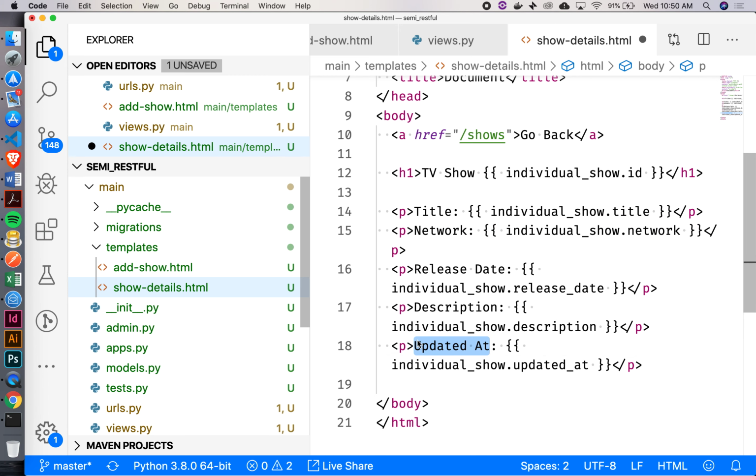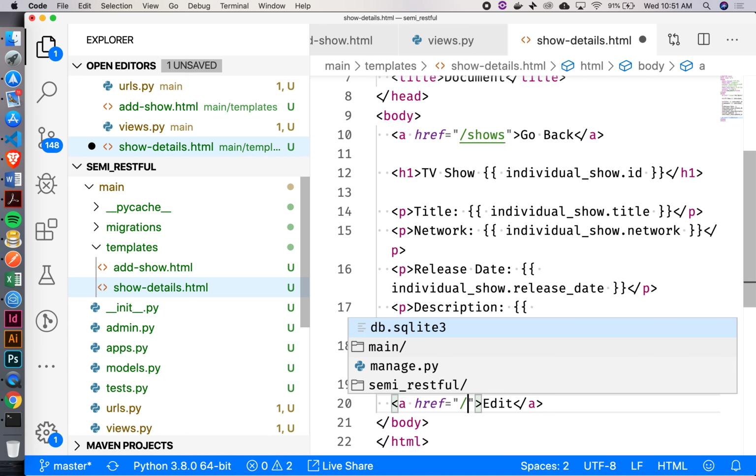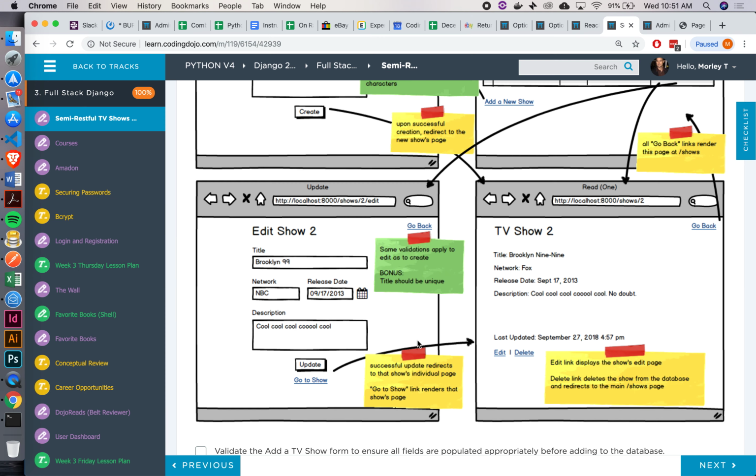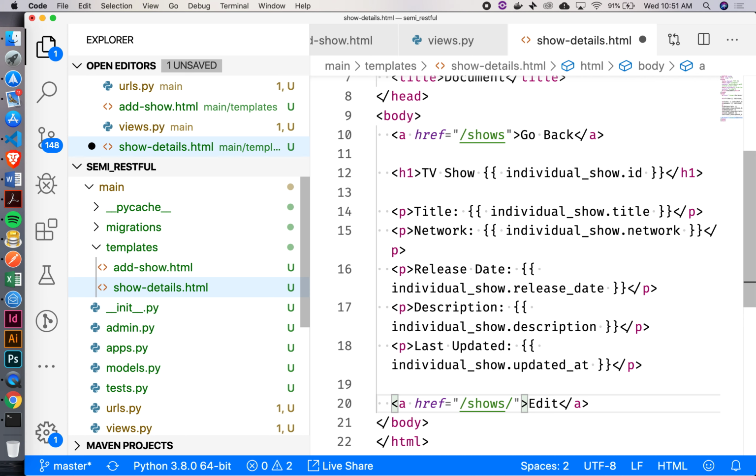Change this real quick. So a href, I'm going to do the edit one. What's that going to look like as far as the href goes? So according to the URL here, our edit page should be shows/id/edit. Okay. Cool. How am I going to put the ID in here? Double curlies, individual show .id